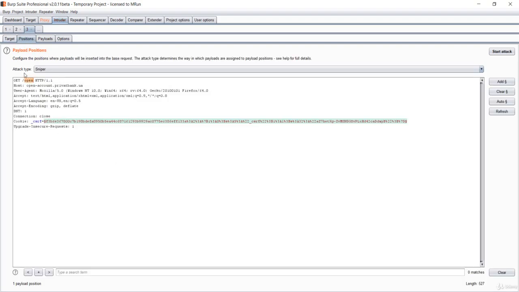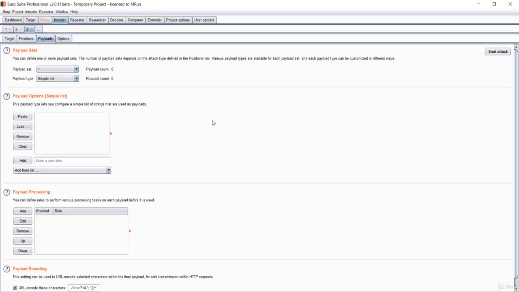Make sure you get all of these "open" selected, and first of all you should simply clear all the fields. So let me clear, and again select this "open" and simply press Add over here. So we are just adding all the payload in this "open" field now. So let's go to the Payloads tab.